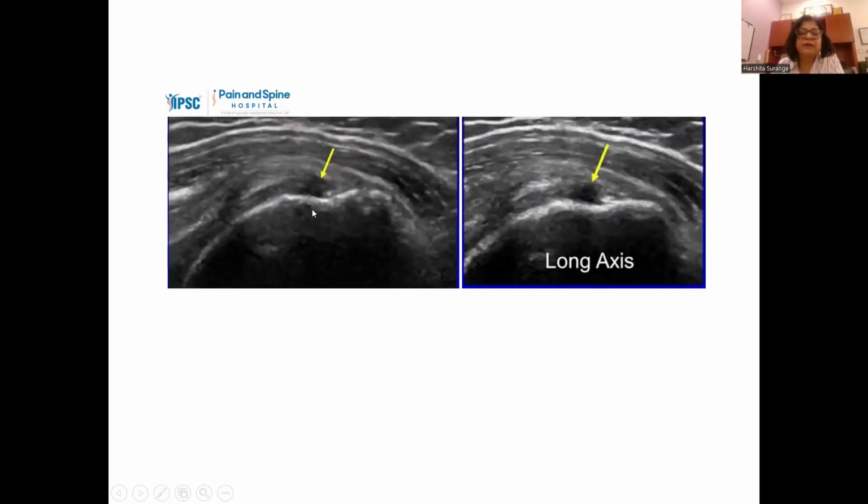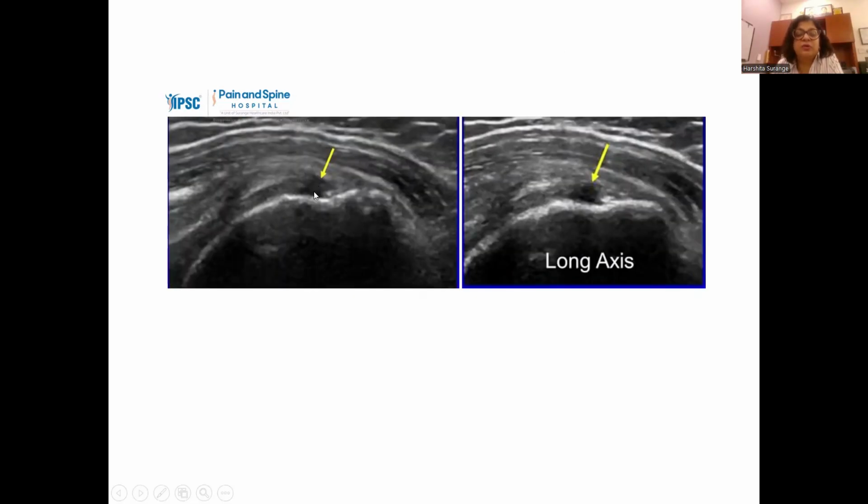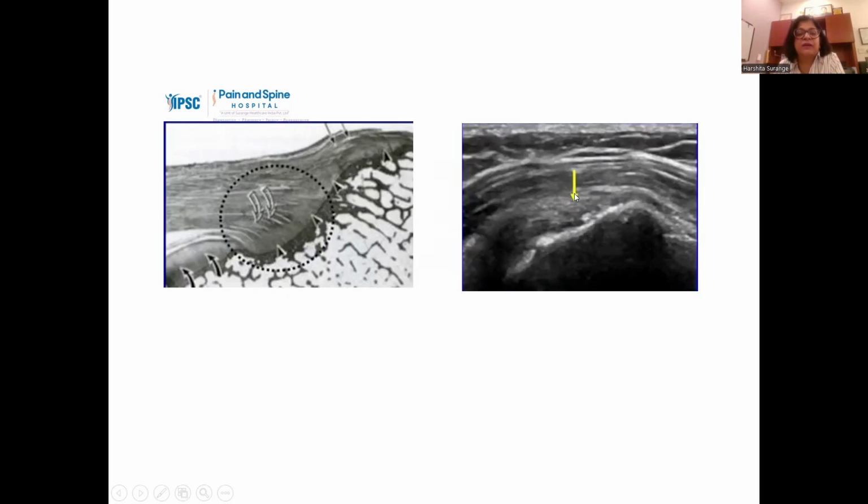Now the other example here, what you can see is a hypoechoic area involving the articular surface of the supraspinatus tendon. Is it a tear? It could be, but this is not. This is a very common artifact which occurs because these fibers, as you see, curve around and get attached like this. Because of the change in the contour and direction of the fibers, you get this echo drop right here. So this drop here, please don't confuse it with a tear of the supraspinatus. This is just an artifact.